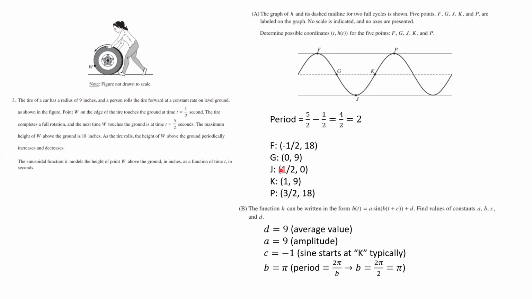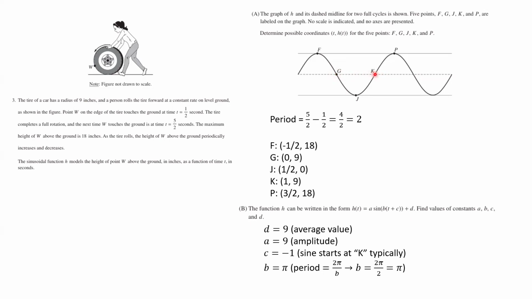So when T is 0, we're at G. So we need to shift the sine, because remember, I just said sine usually starts at this point, or this point, doesn't matter, but since we have K marked, let's use this point. So at T is 0, K should have been there, but it got shifted to the right by